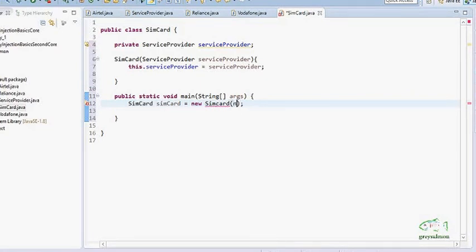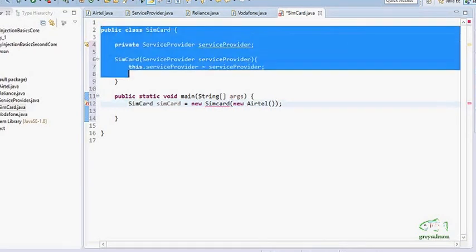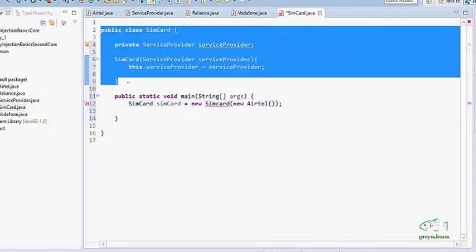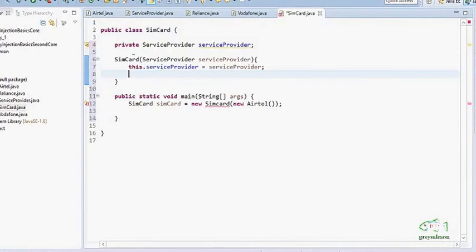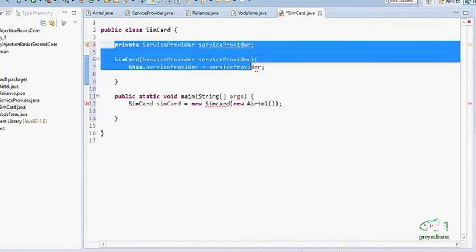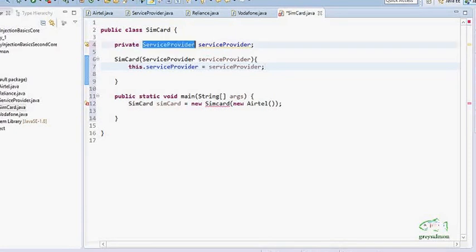For example, here I inject new Airtel. Now our class SIM card is a loosely coupled class. Loosely coupled in the sense that it is not having any object created within this class with the help of the new keyword. It is only holding the reference of the services which can be injected into this class.